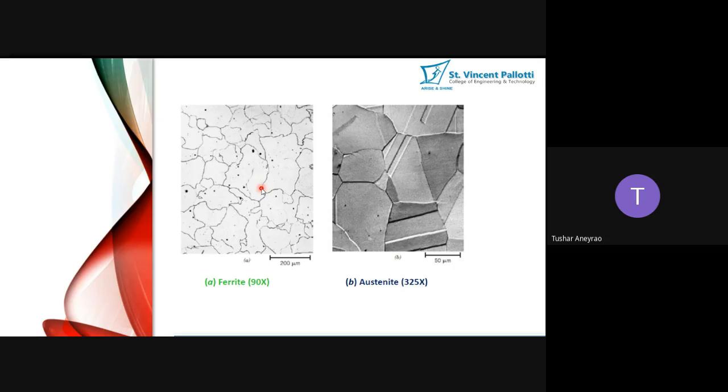Let me tell you that the discussion of the iron carbon diagram requires around 7 to 8 lectures in the physical arrangement of the classroom, but I will try my best. Let us see if I can complete it within 3, 4 or 5 lectures. I don't know how many lectures will be required. I take the maximum amount of time for discussion on this particular diagram because it is a very important diagram.